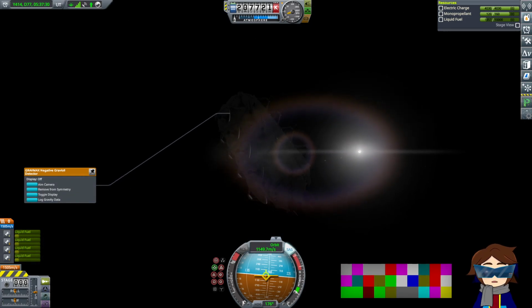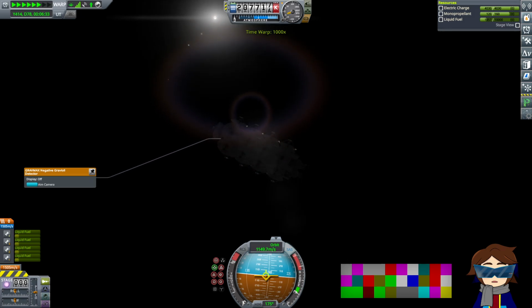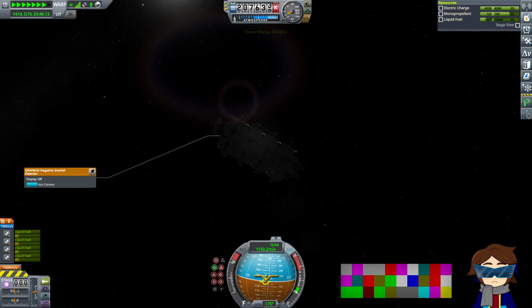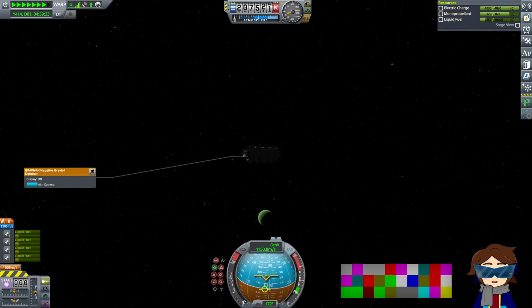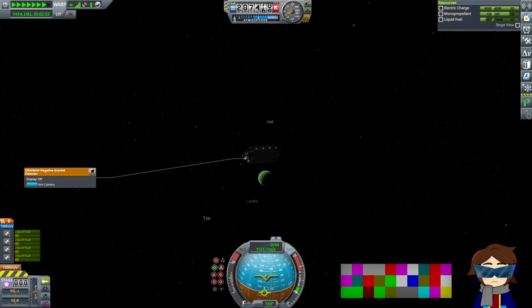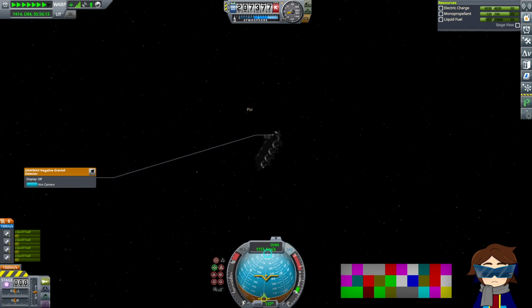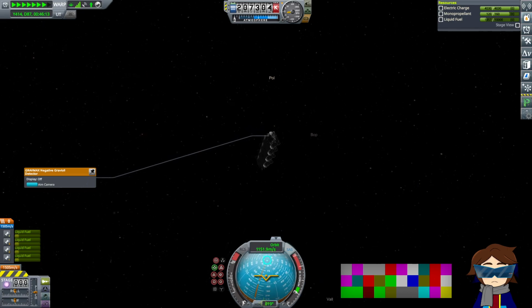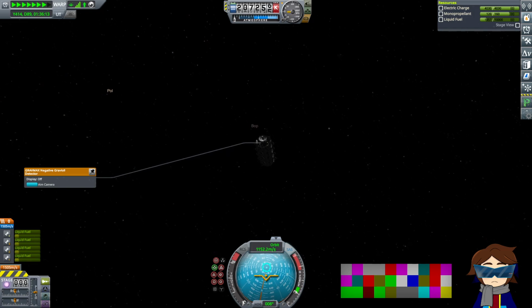Okay, we should now be in a vaguely circular orbit. Variations may exist due to the inaccuracy of our measurements, but I think for the most part we're fine. The important thing is that we're not at risk of hitting any of the moons. And if I look, actually we might be at risk of hitting Bop and Pol. Oh, it looks like we're...